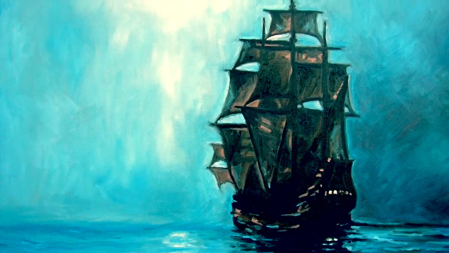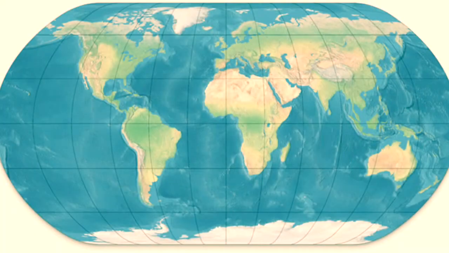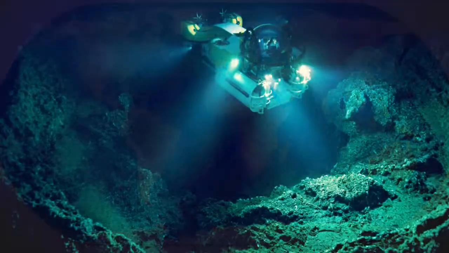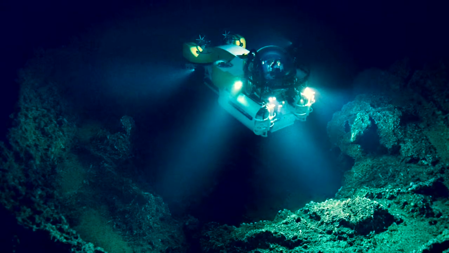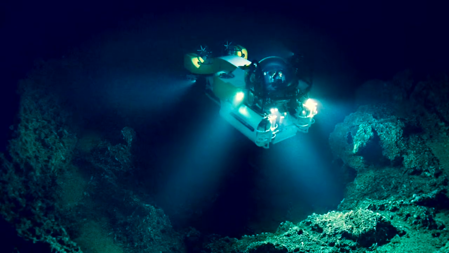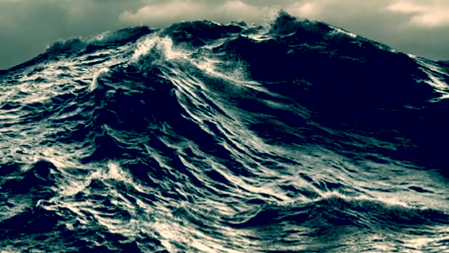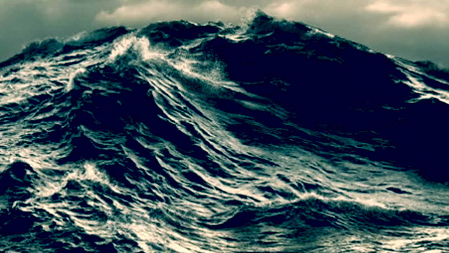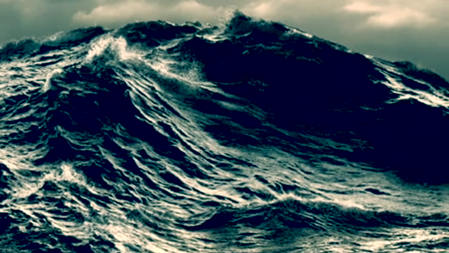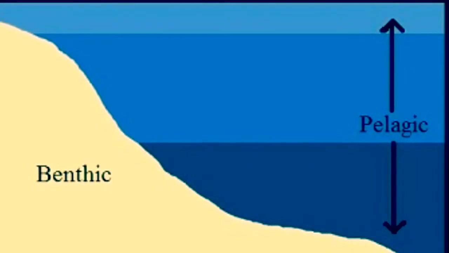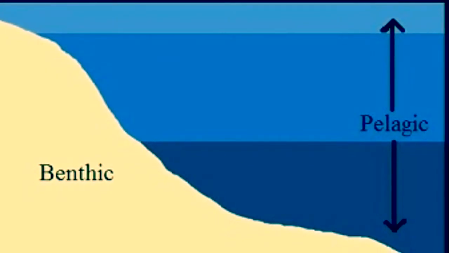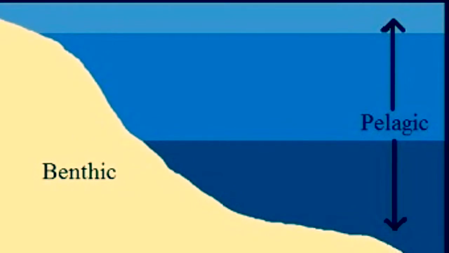open ocean biome. The open ocean is a single interconnected body of water which covers approximately 71% of the Earth's surface. Though it's the largest of the biomes in terms of its expansion across the Earth, it's the least explored due to its extreme depths. 64% of the open ocean is considered the high seas, typically known for their rough waters. Another name for the open ocean is the pelagic zone. The pelagic zone is known for having the greatest volume and the greatest vertical range of any life zone on